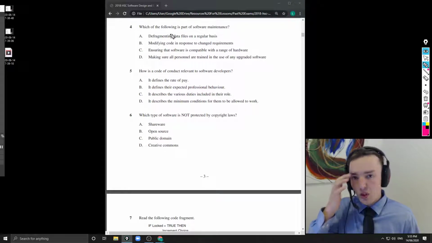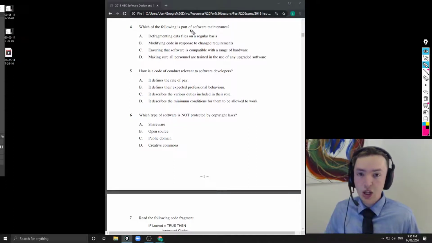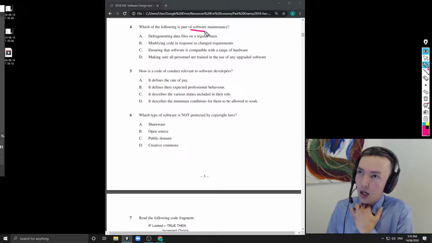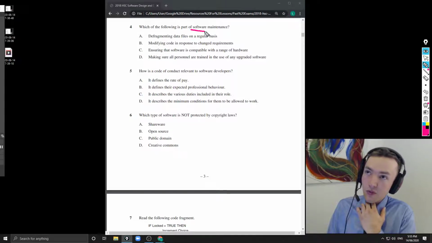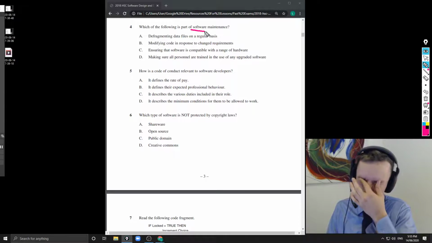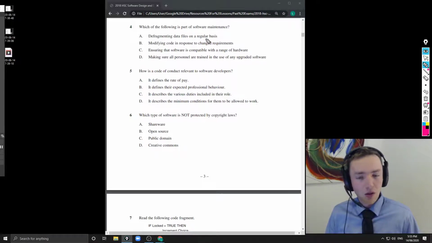It has to do with the operating system. It doesn't really have to do with you going in and writing code to update. It's not like a programmer going in to modify a program to fix updated requirements for the program. So it's a type of maintenance, but it's not quite